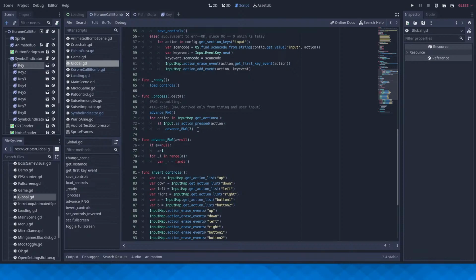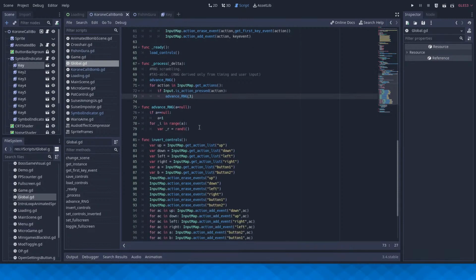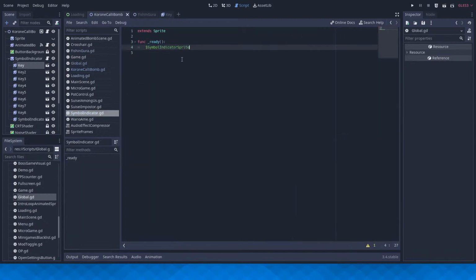Advanced RNG. Alright, just use the built-in thing. Right, okay. I can just use a standard RNG thing. Don't need to use some kind of other RNG objects I created, because I didn't make one.